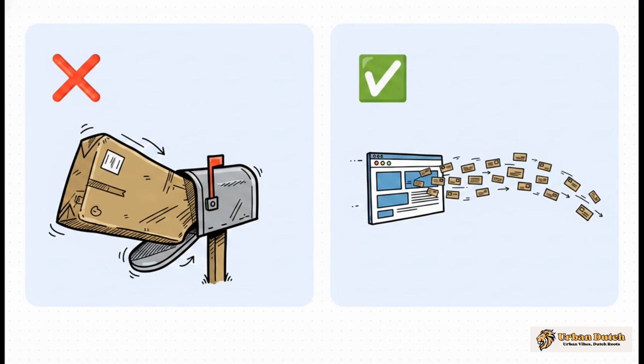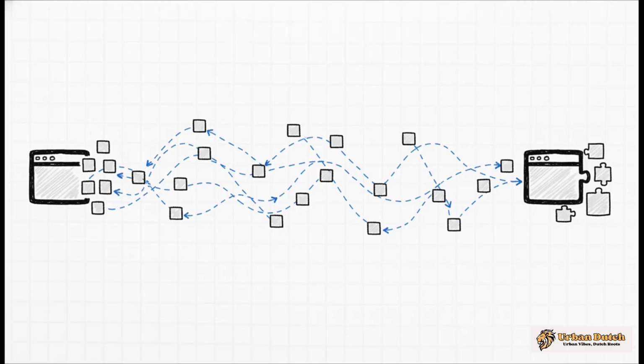Okay, so here's a really cool part. Your data doesn't travel in one giant, clumsy piece. I mean, trying to send an entire website at once would be like trying to shove a car into a mail slot. It's just not going to work. The internet does something way, way smarter. It takes all that data and chops it up into thousands of little pieces called packets. Just picture them as individual postcards.